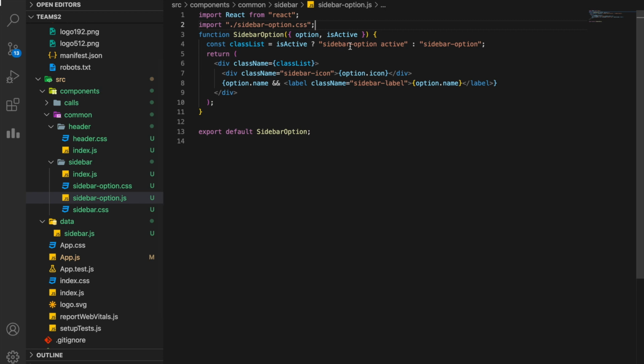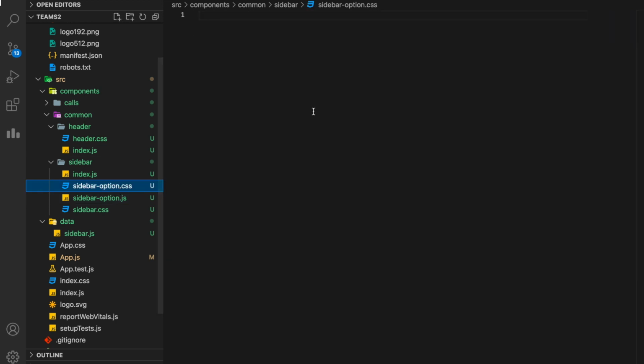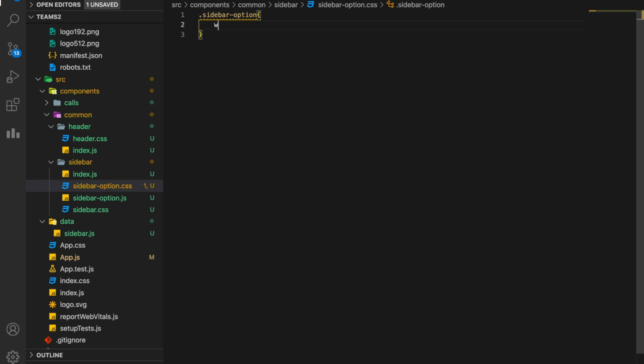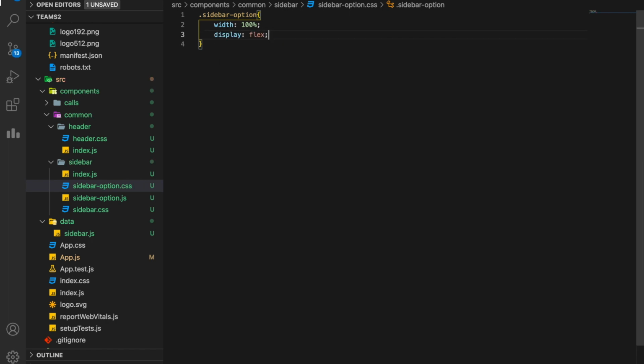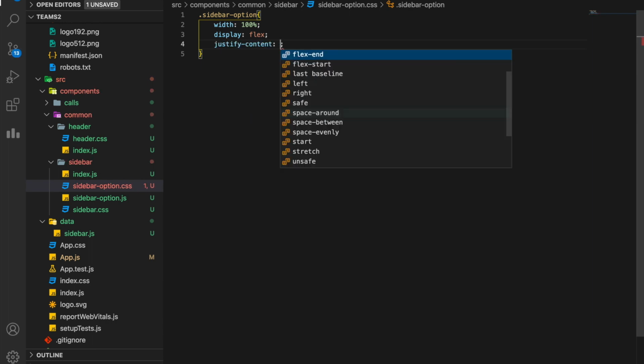Now you see these class names: sidebarOption, active, and then we have a label and an icon. Now let's style this by going into this file. The first thing is we have our parent, that is sidebarOption. Let's give it a width of 100%. As usual, we'll give it a display property of flex. To make everything center, we will use justify-content center.